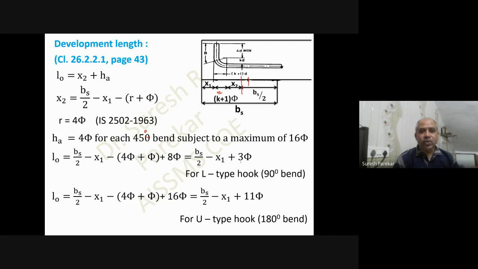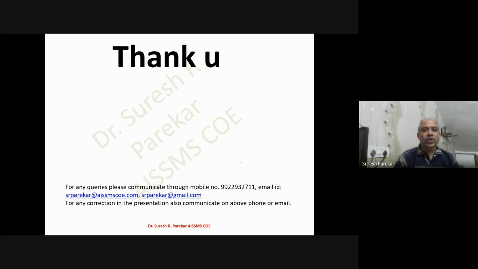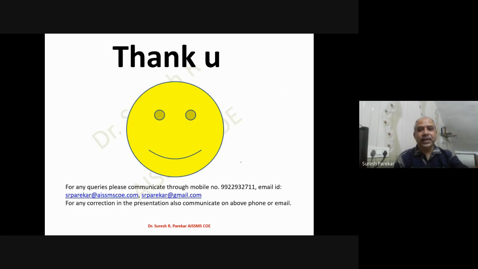And so we have to do the development length check using LD should be less than or equal to 1.3 M1 by V plus L0. So these are the steps which we have to follow in the case of slabs.